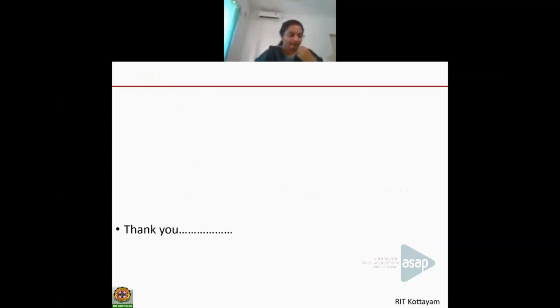Okay, ma'am. One student has asked that if instead of an opening, we have a concrete square slab and lantern at the top, how does the design change? You have to consider the weight of the square slab as a point load itself, and then do the design. I'm not pretty sure, but I think that weight needs to be considered as the weight of the lantern, so that the total weight will be the weight of the lantern plus the weight of the square slab, till that point where the slab portion or the conical dome portion ends.